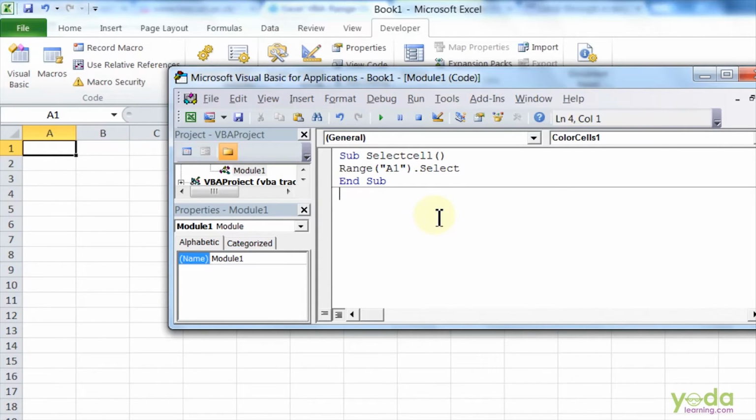Similarly, we can work with the other cells as well. Say I want to insert a value in the cell B2. So how can I do it? I'll name it as FillValue. I'll give the reference of the range.